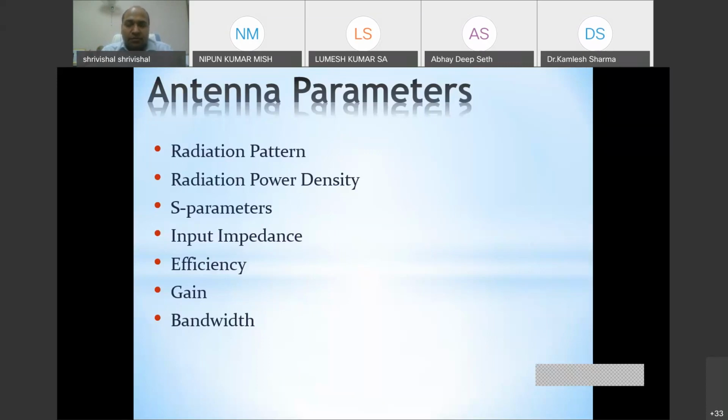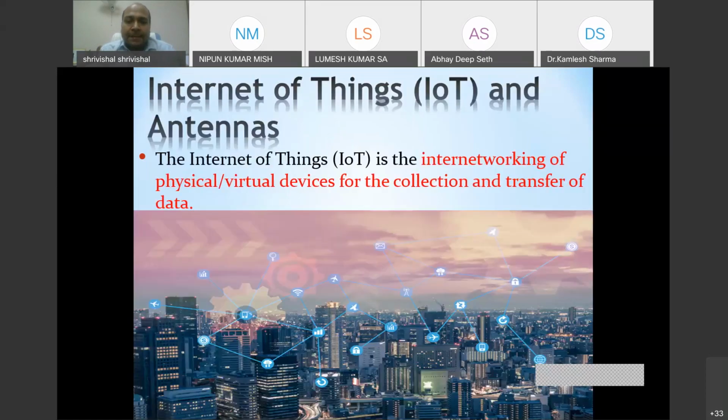So what is the operating frequency we are considering? We are talking about the narrow band antenna. We are talking about the wide band antenna systems. So based on that, a lot of trade-off in terms of all these parameters and efficiency will be present here. So now we will try to connect our antenna systems with promising applications of IoT versus